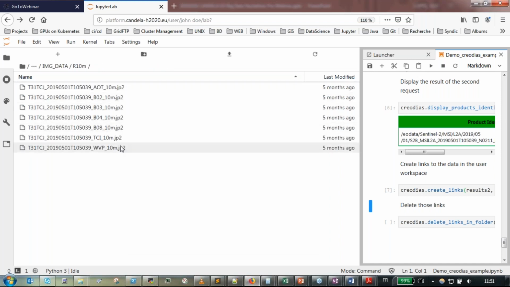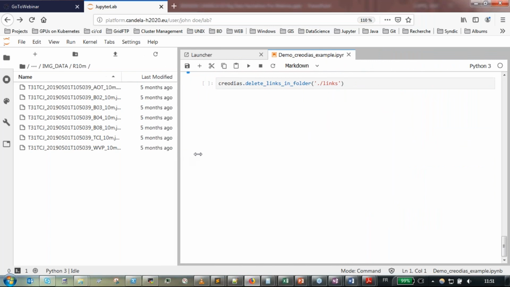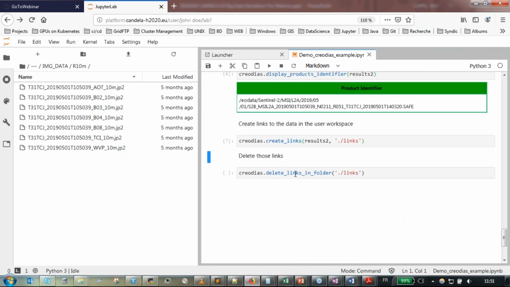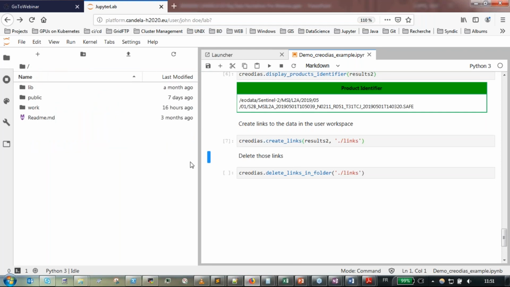And from there, you can work with the data. You just made it available to your Jupyter notebook and work environment. So I'm done here. I'm gonna let the floor to